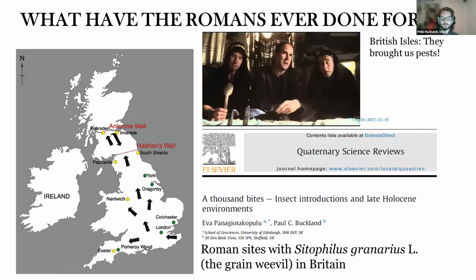And Eva has done quite a lot of work on this. If there are any Monty Python fans out there, you have the famous "What have the Romans ever done for us?" And one of the things is that they brought us a lot of pests, including Sitophilus granarius, the grain weevil, which is one of the main pests of stored products to this day. And Eva's work can see basically that species being moved through the British Isles with the Roman army, really, and their massive grain stores, which was something new to the British Isles that's never been seen before.